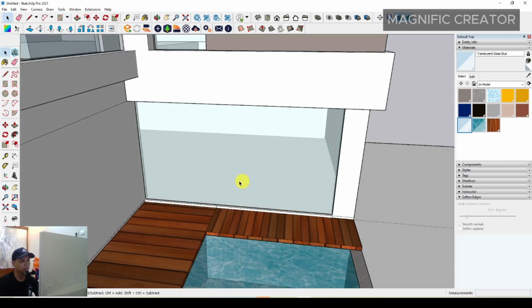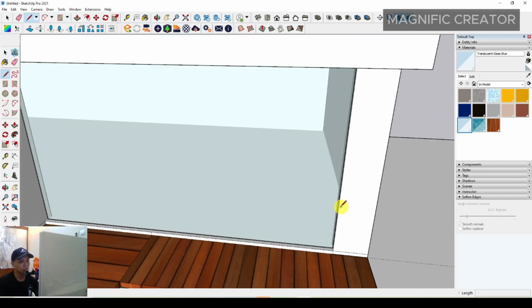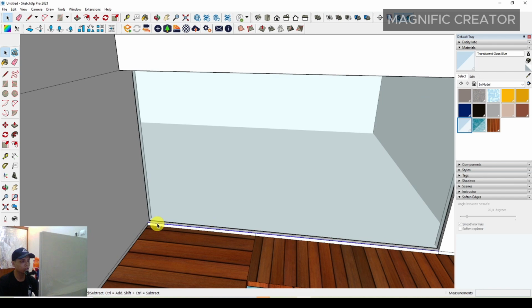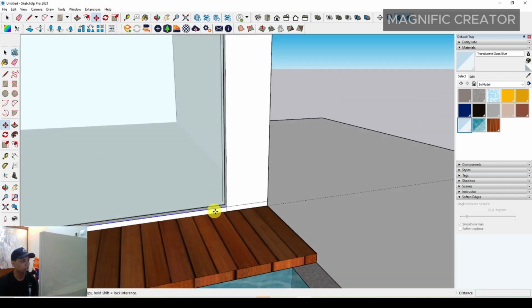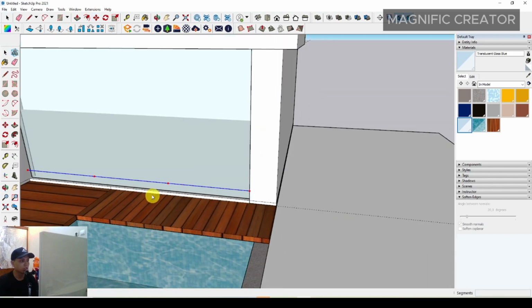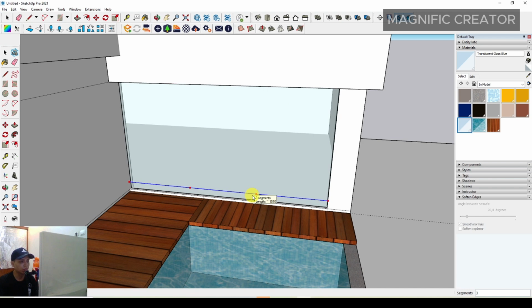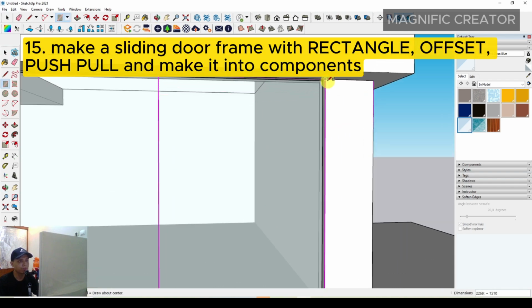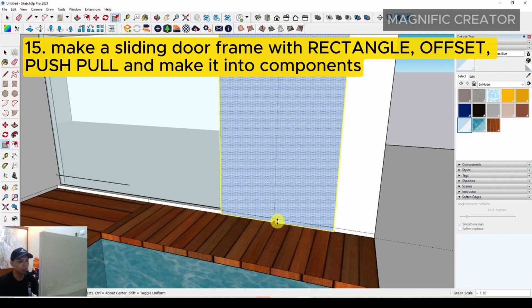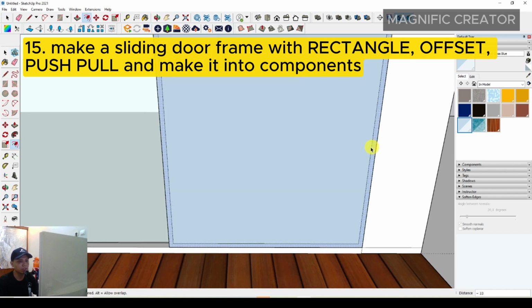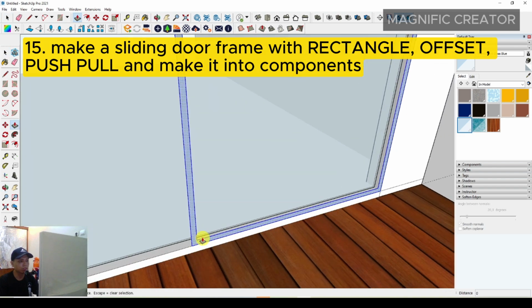or you can divide the door opening. You can draw this line and just move it up, and divide the door opening, something like this. You can see, and just erase it and just make it a frame, and just push it down. Then you can offset it inside. It's maybe around 30 millimeters for the frame, and you can just push it back